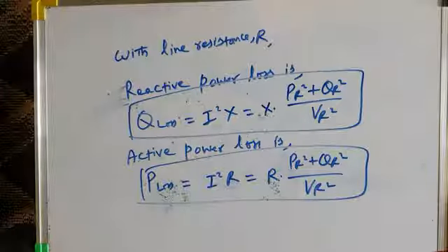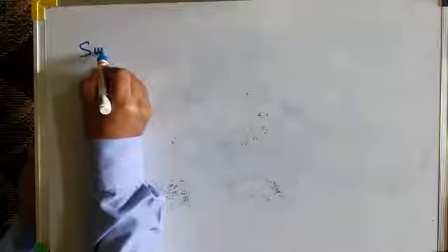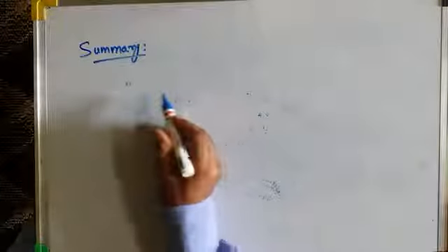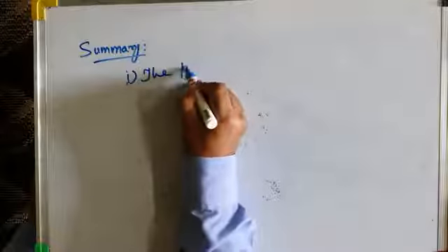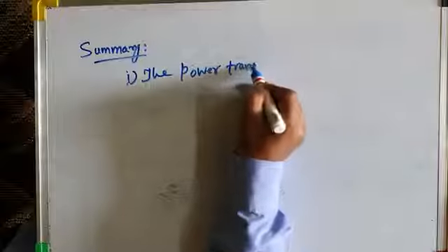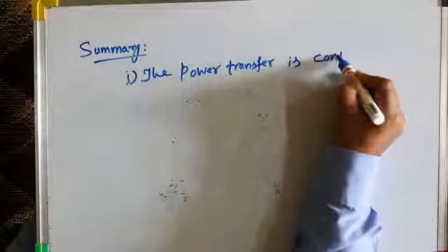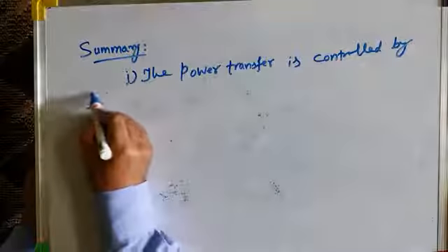Let us summarize what we have learned in today's lecture. I will give a summary of today's lecture. Summary is like this. Number one, the power transfer. When I say power transfer, it means active power transfer. The power transfer is controlled by two parameters, by line reactance